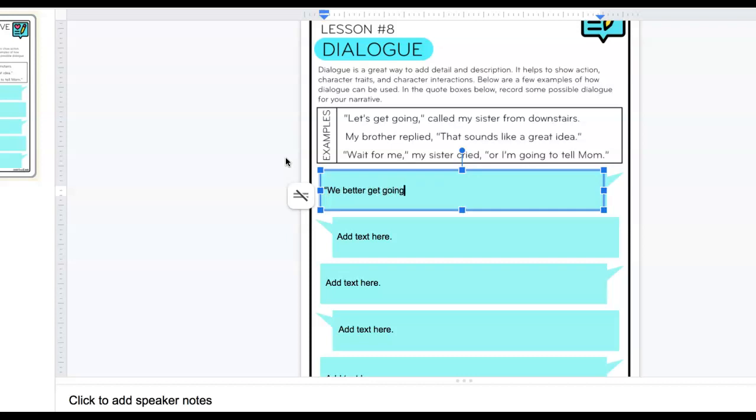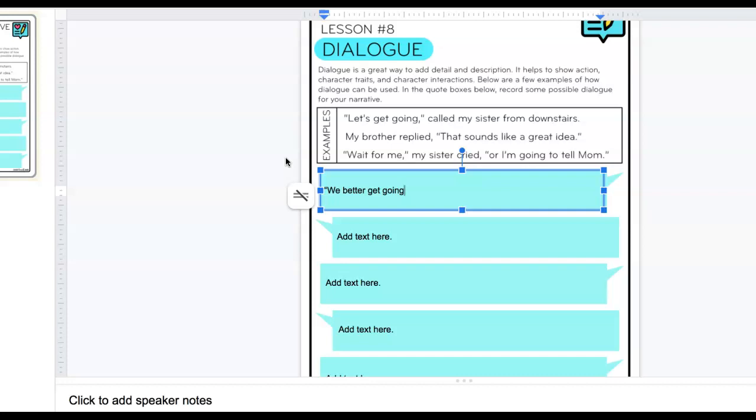If I'm going back and forth in dialogue, you don't always need to say said or commented or called or yelled a certain someone. If there's two people in your story and their dialogue is going back and forth, then I would know. So if I was talking to you back and forth in our story, the reader would be able to tell which one was me and which one was you, because we set that up by the first few saying said Miss Johnson, or said Miss Goy, or said Mr. Keesley, any of those type of things.